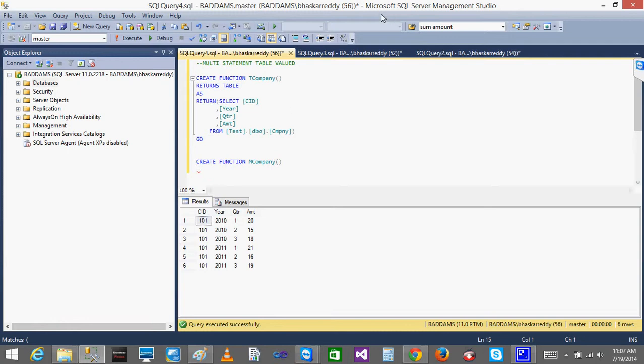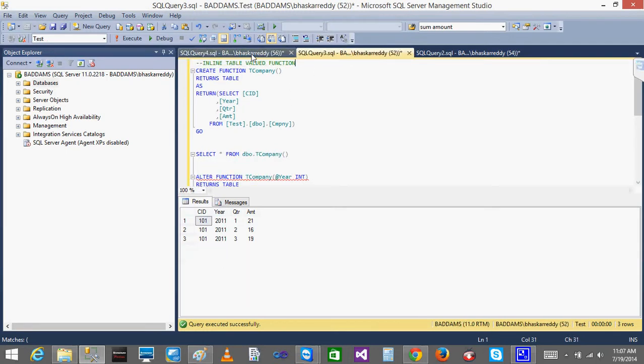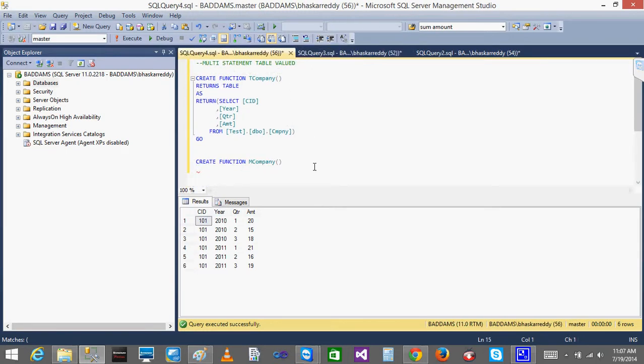Previously we just gave return as table. Now we are going to give the structure of the table being returned. So I have given returns, and now I will give the table name. I will write it as @company, and I will give the structure. It returns CID, which is an integer type, and next it returns a parameter. I don't think I need to pass it.